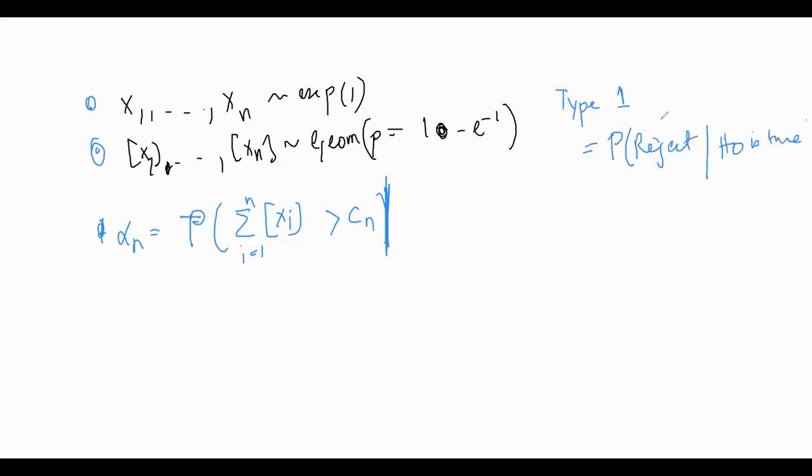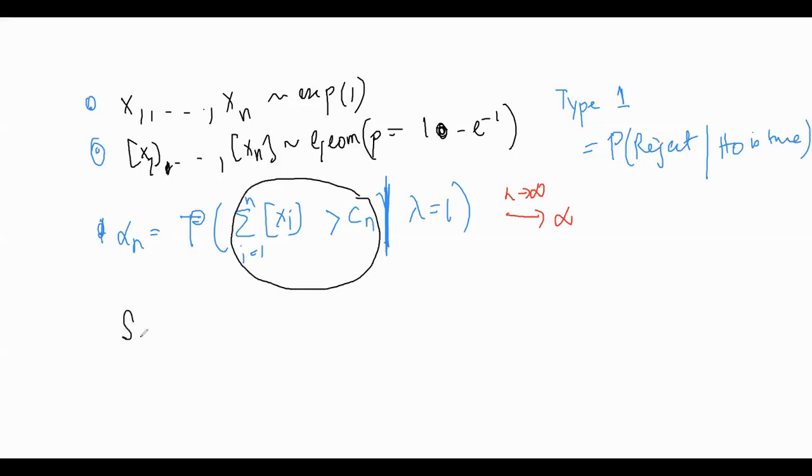Now h naught is what? Lambda equal to 1. So we put lambda equal to 1 over here, and we need to compute this probability. Observe that we need to compute the probability such that this goes to alpha as n tends to infinity. Now this is a beautiful part, another application of a beautiful result in probability theory, the central limit theorem. If we need to compute this value, we are doing some infinite summation, and the central limit theorem comes to help.